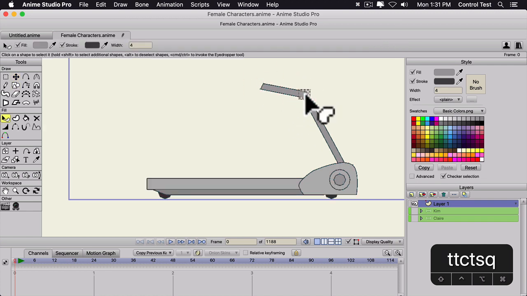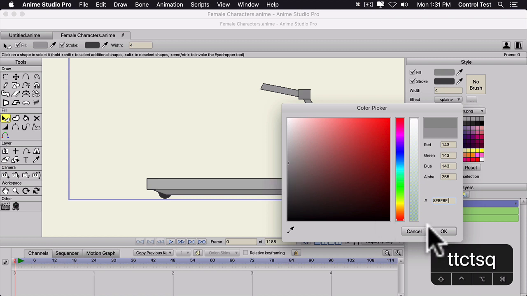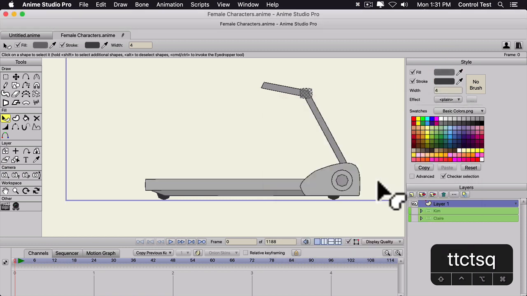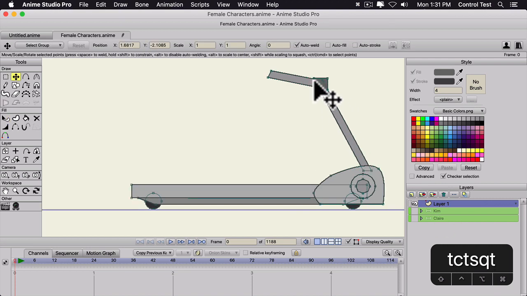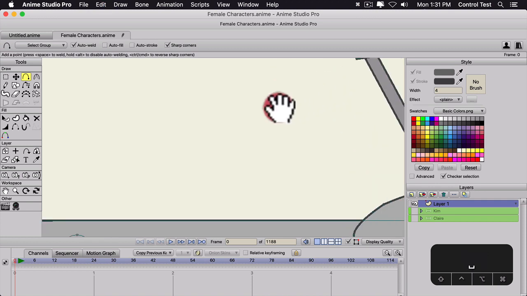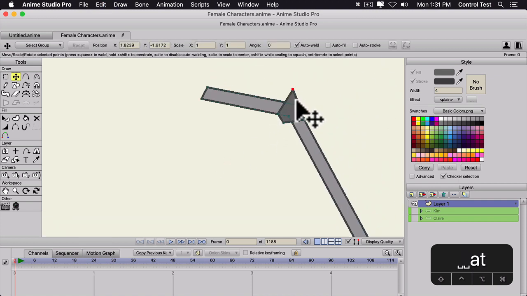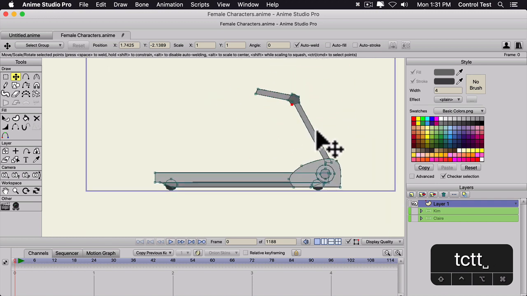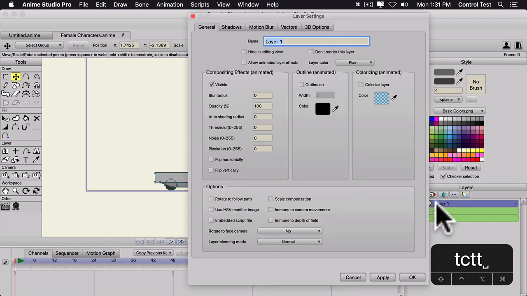And then just go ahead and add all the details that you want to add. This is going to be a really crappy treadmill because I'm not looking off anything to create it. I'm just kind of guessing. Because what we're really worried about is the treadmill moving itself, the actual treads. So we'll just leave it at that, and we're gonna name this the front layer. Actually, the back. Let's do back,